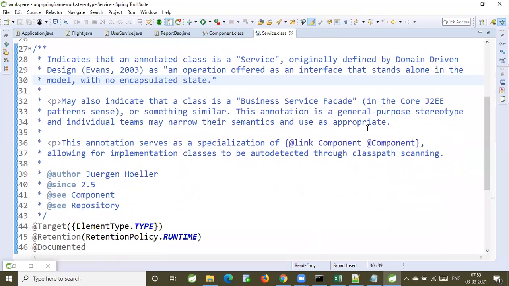Whenever you are writing some business logic, any service layer or business layer components that you want to represent as a Spring Bean, we use the @Service annotation. If I use @Component, the class will be represented as a Spring Bean. If I use @Service, the class also will be represented as a Spring Bean.